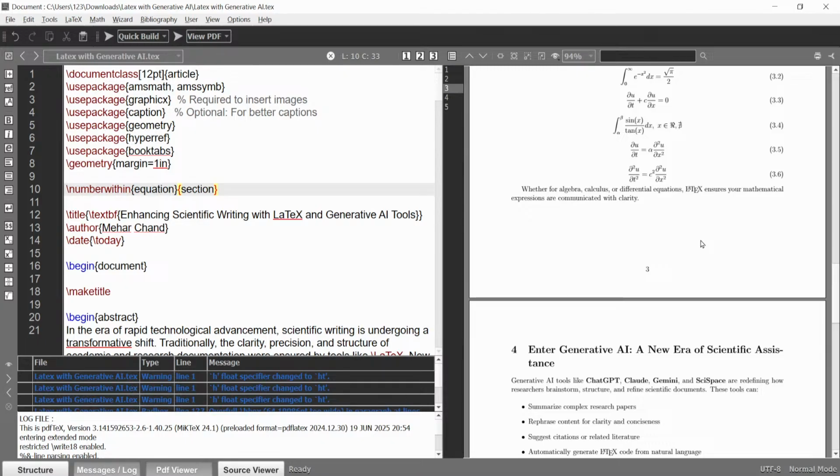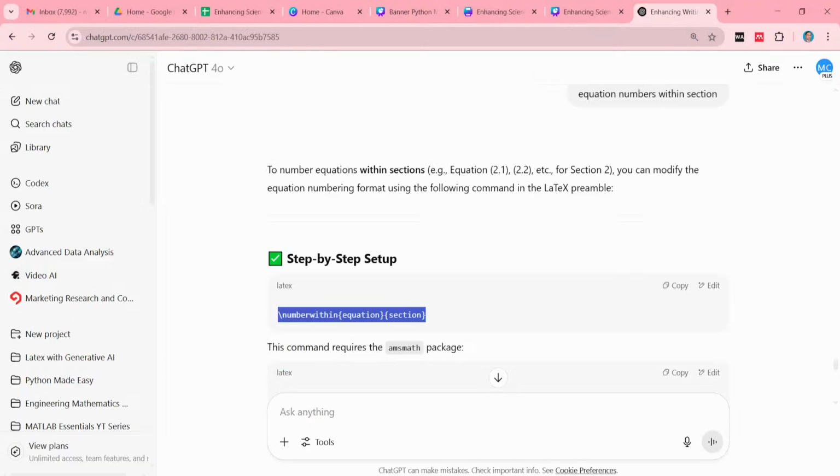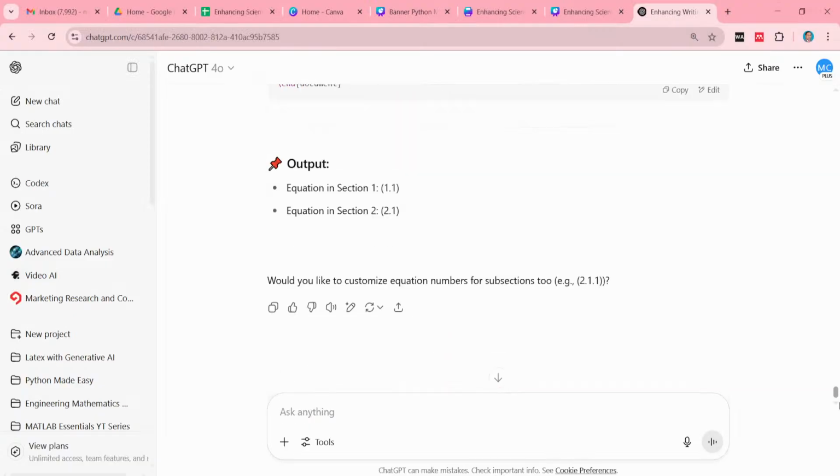Lastly, preparing this document will take less than 1 minute. Once you prepare your document using LaTeX and you need the presentation, it will be converted within 1 minute. What I will do, see, I will select all, copy the entire document, and come to ChatGPT.